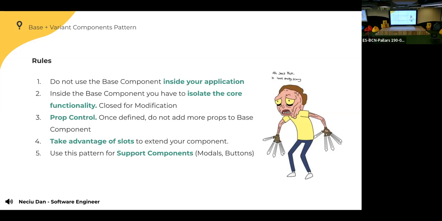Keep prop control. So when you define your base component, don't modify your props, only modify the variants. And take advantage of slots. Slots are a Vue internal ability to add content in your component, like children in React, for example. So use